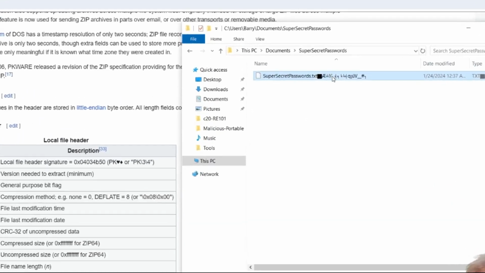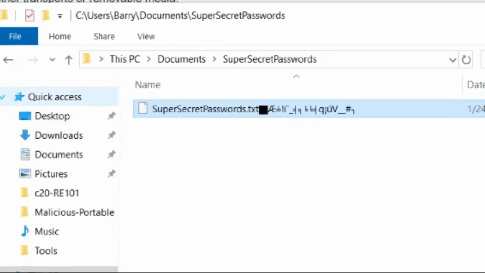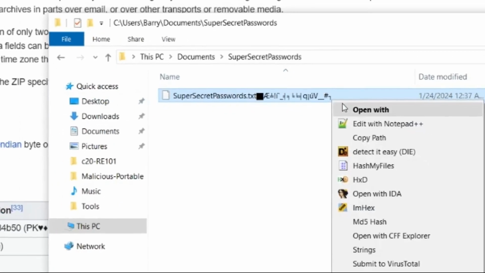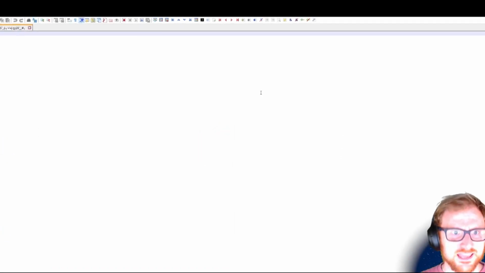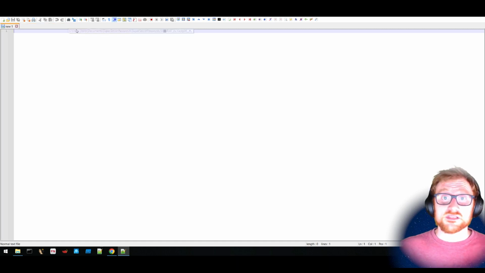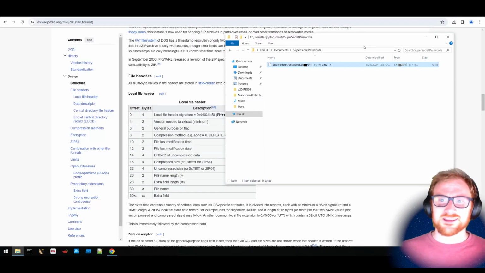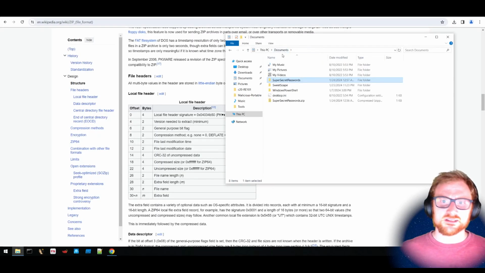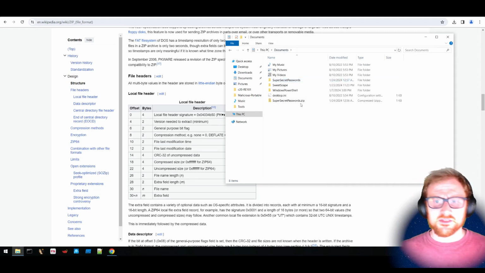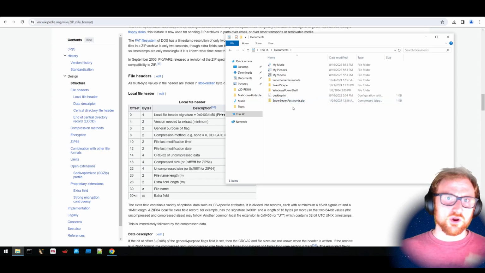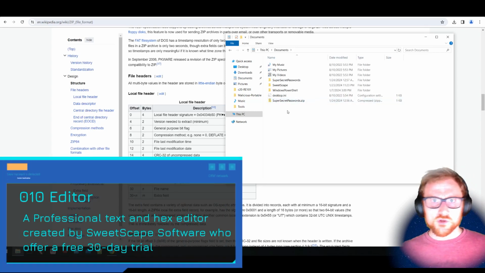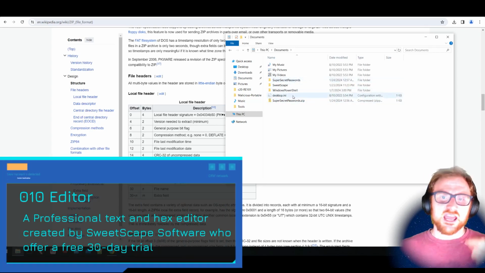Now if we go into it, we can see that the file has this name with a bunch of kind of unknown characters at the end, and we get nothing from this. There's no passwords or nothing in here of interest. So let's take a look at how we can repair this archive in order to get what we want. Now this is where a tool like 010 editor, or 010, depending on what you call it, is extremely